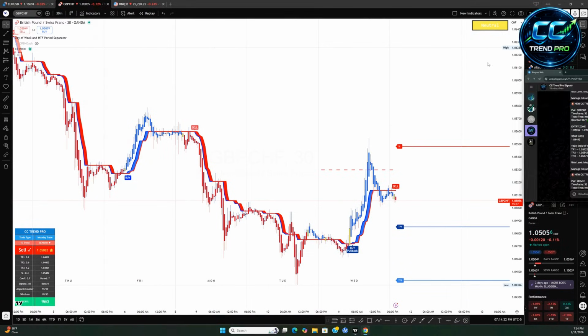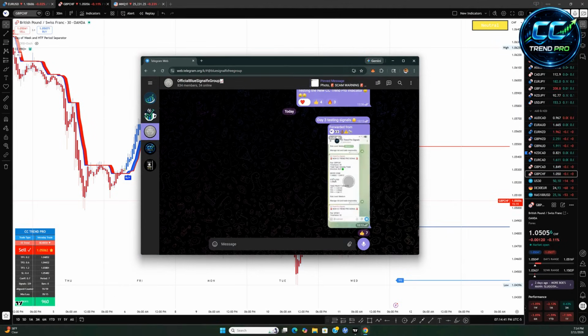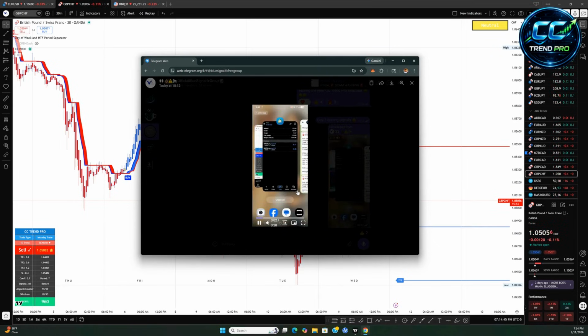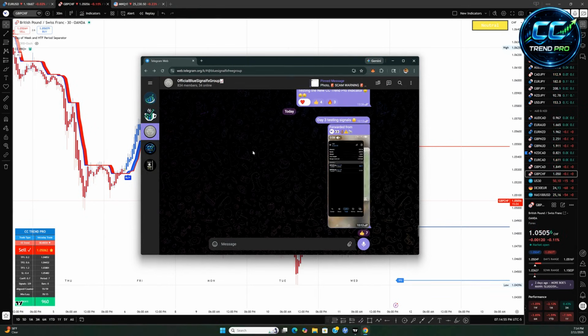So if we go to the Telegram group, this is where I had a signal that popped up for GBP CHF, 30-minute time frame, intraday trade. It was for a buy. This is your entry zone, stop loss, take profits. Okay. If we go here, in this video I actually took this same exact trade. Again, I'm testing this system out using the Telegram signal group, actually taking the trades and seeing how